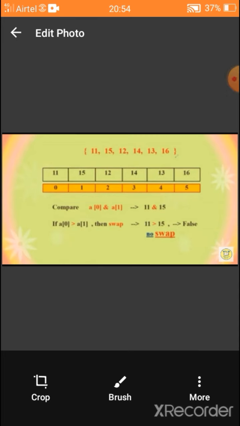how we started previously. So now it starts with the first two adjacent elements, 11 and 15. The two numbers are already sorted, so no swap is required there. Next it goes to the next two adjacent elements, that is 15 and 12. 15 is greater than 12, so a swap is required here. 12 goes to the first index and 15 goes to the second index. It continues this process until all the elements in the array are sorted.